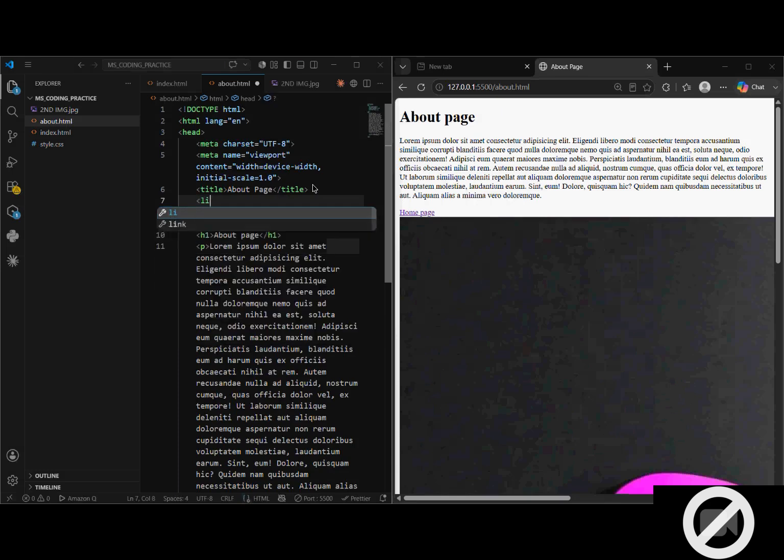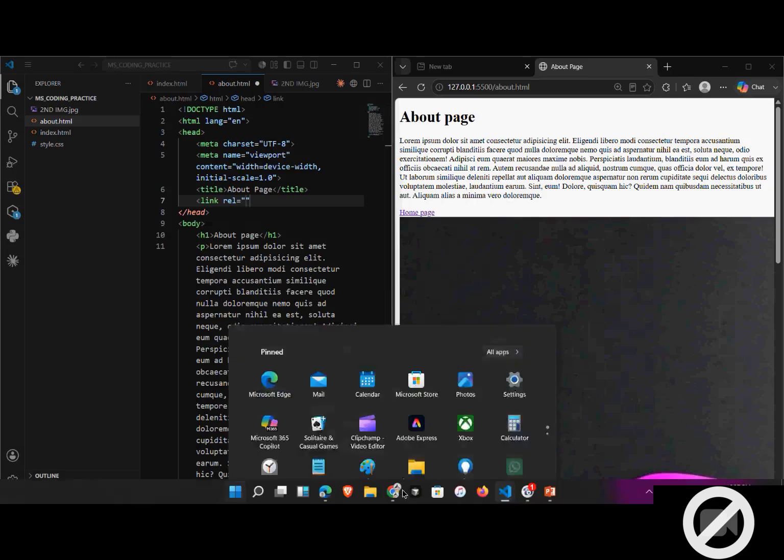I'll say link rel, link and I'll say rel. I think the formula of that rel is a relation. Let me search for it. But basically what it's doing for us is that it's telling us that